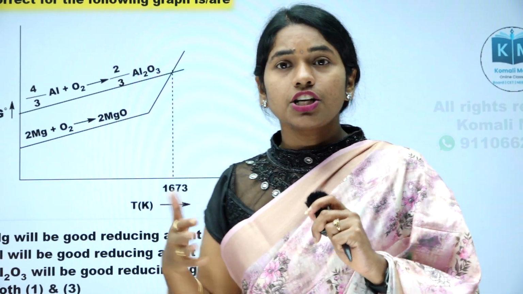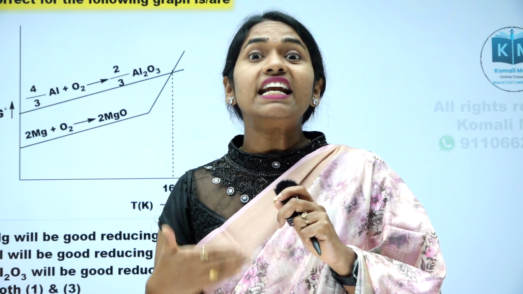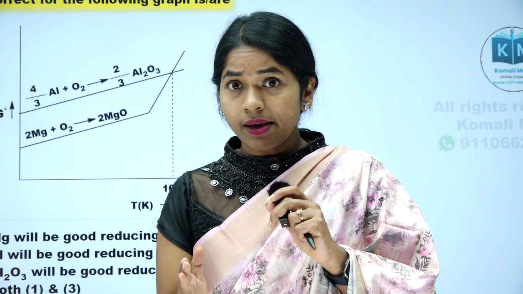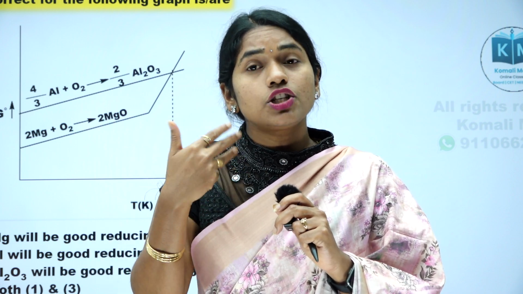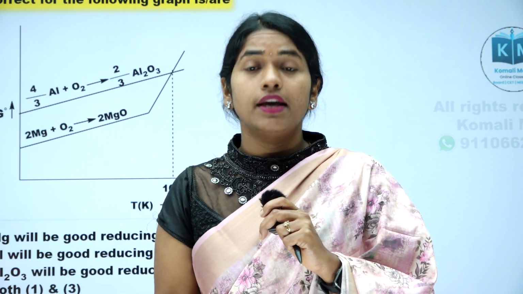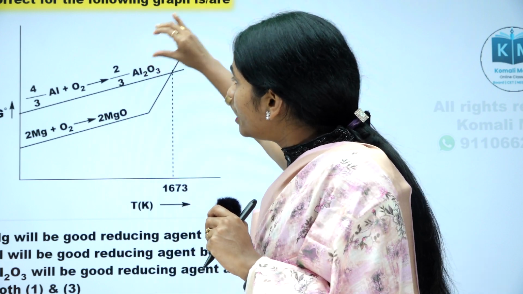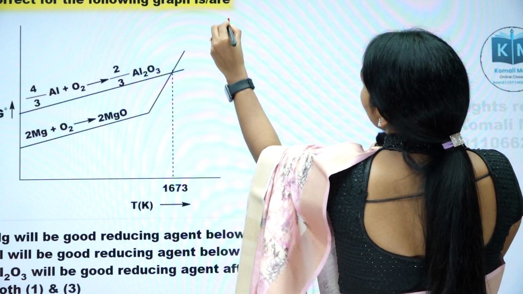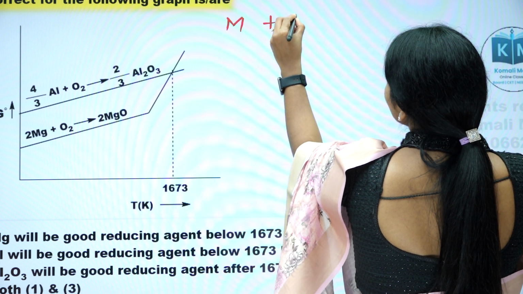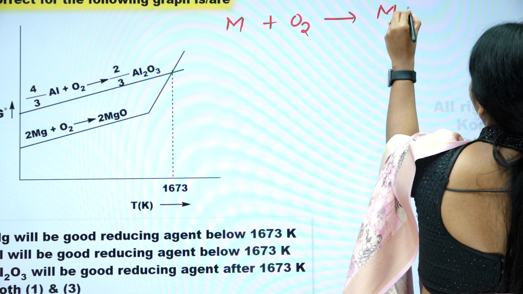Because in the metallurgy chapter, one process we have to do is the reduction of metal oxides. We should reduce the metal oxide. So for that we have to find which is the best reducing agent. Are you following? I am going to tell you how to find it. First, let us see here aluminum oxide is forming. How will this aluminum oxide form? Let us see. Metals react with oxygen and form metal oxides.